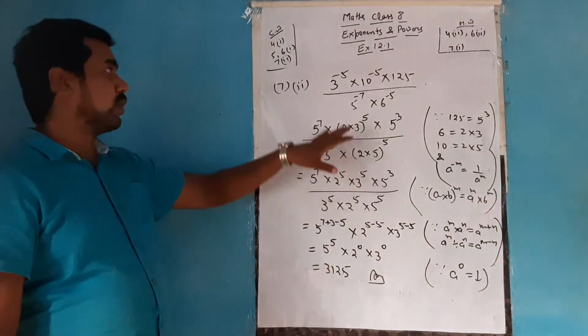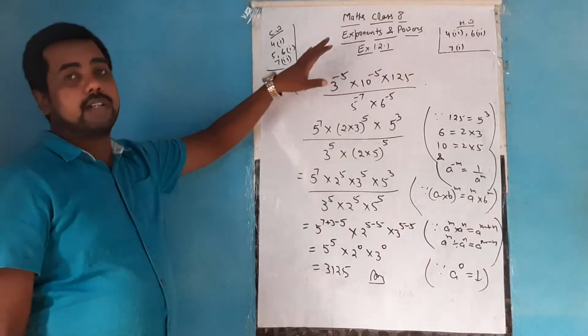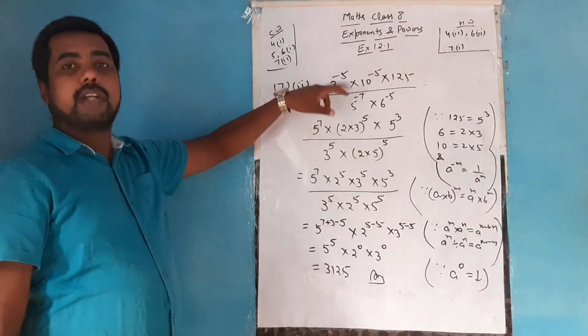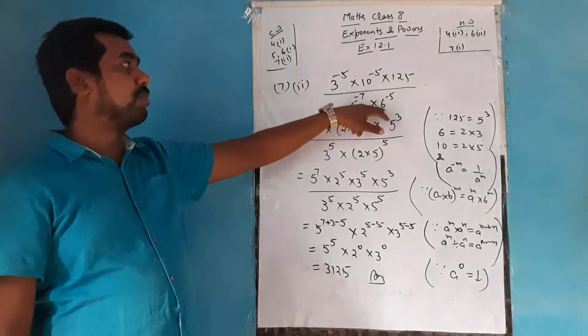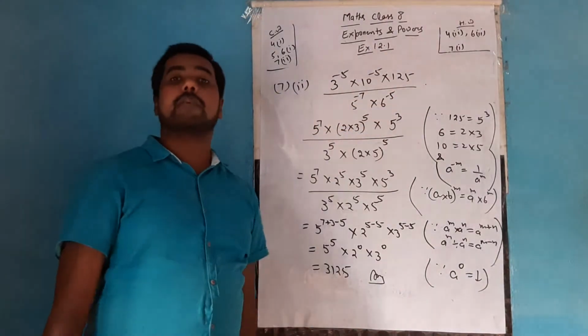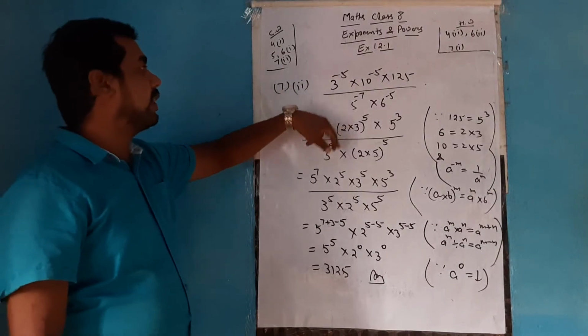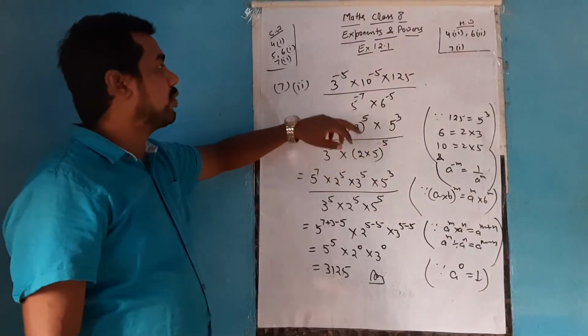And let's repeat the process once again. Numbers with a negative exponent in the numerator, put them in the denominator, and if they are in the denominator, put them in the numerator, first thing. As well, if they are composite numbers, try to write them as a product of prime factors. So 3 power 5 goes to the denominator, 10 power 5 goes to the denominator, and the factor of 10 is 2 into 5.